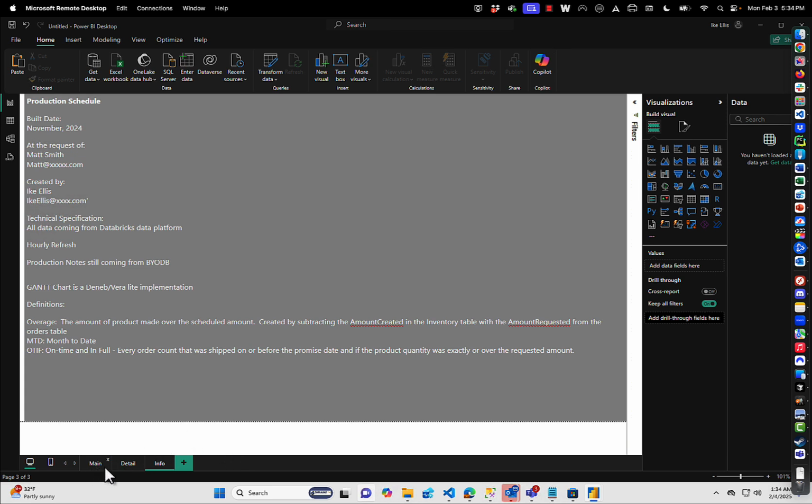Every single report has multiple tabs. Always include an info tab at the end of your reports. And in that info tab, talk about the date that you built the report, or maybe the date you modified it, who requested the report, who built the report, Ike, that's me, a technical specification like Databricks data is coming